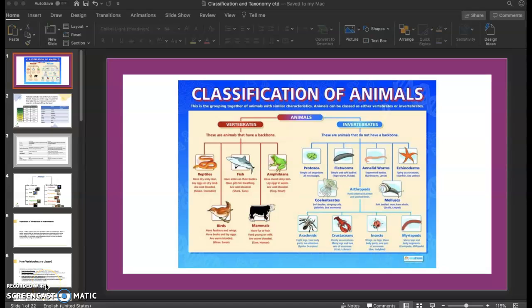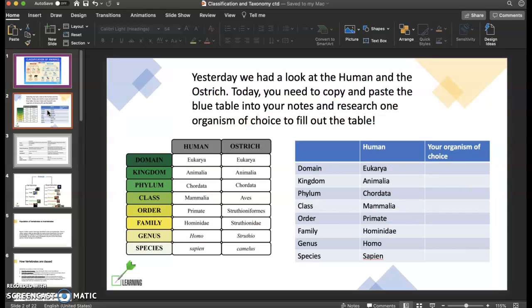Good afternoon, Year 7. Today we're going to be carrying on with classification and taxonomy. So you need to open the Word document that you were writing your notes on yesterday and just carry on from where you finished. Looking straight into slide 2 of this PowerPoint, I want you to have a look at